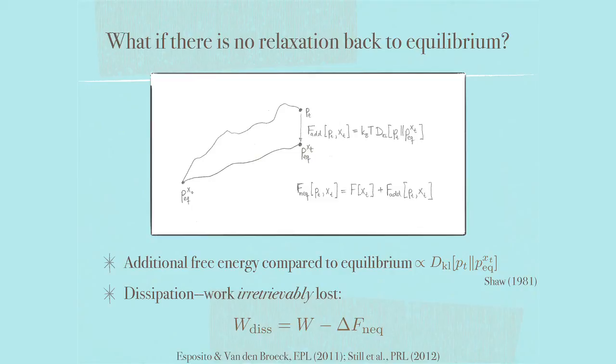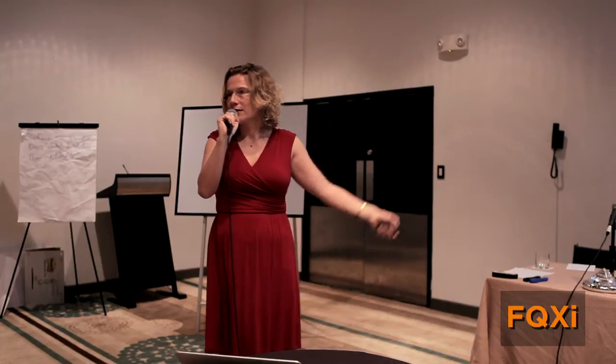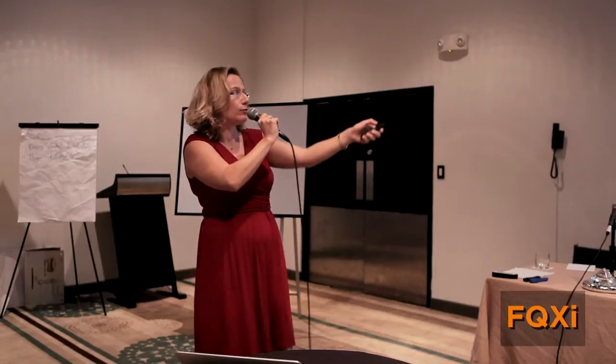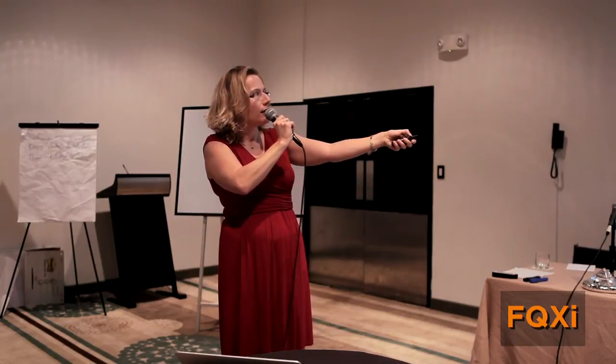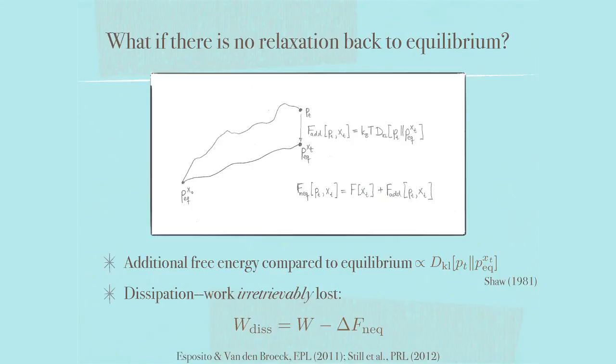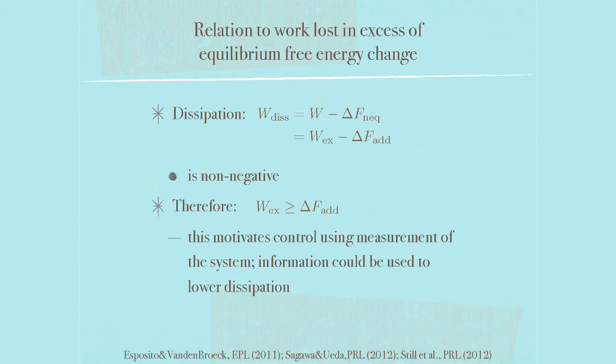energy change. So at each point in time you can assign a non-equilibrium free energy, which is basically the equilibrium free energy you would have at the same value of the parameter. So this would be like the location of the piston in the case of the gas. If you let the system relax back to equilibrium, right? This would be the equilibrium free energy. And in addition, we add this additional free energy to it. That gives us a non-equilibrium free energy. And then dissipation is understood as the work done in excess of that non-equilibrium free energy change. Now this is related to the work done in excess of the equilibrium free energy change,